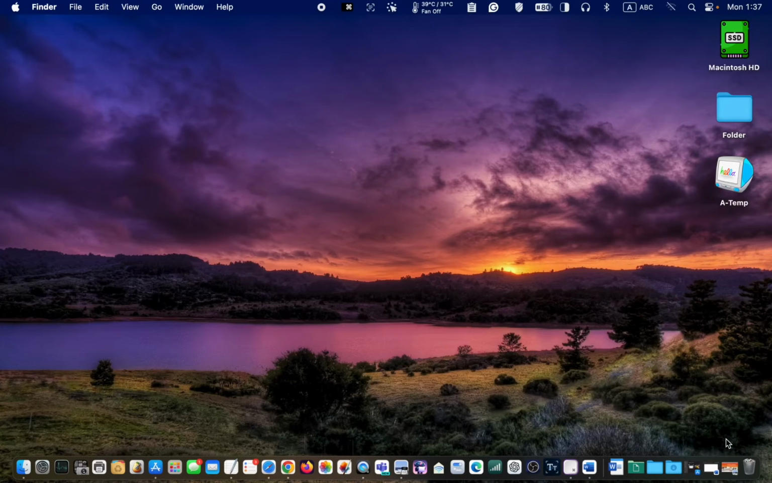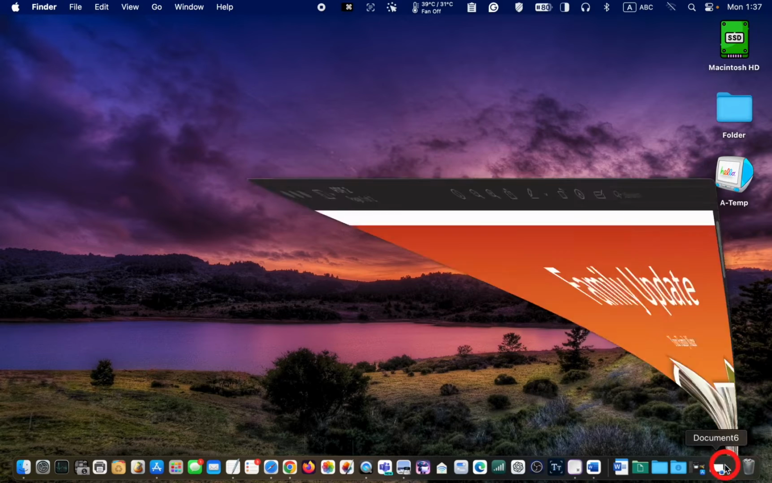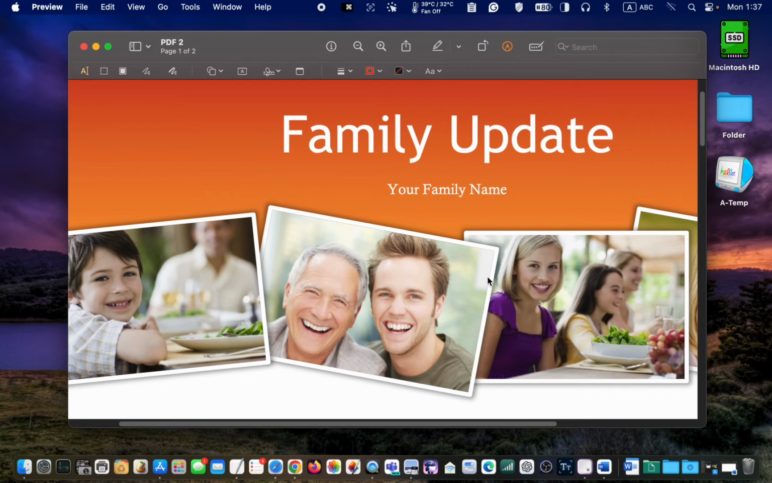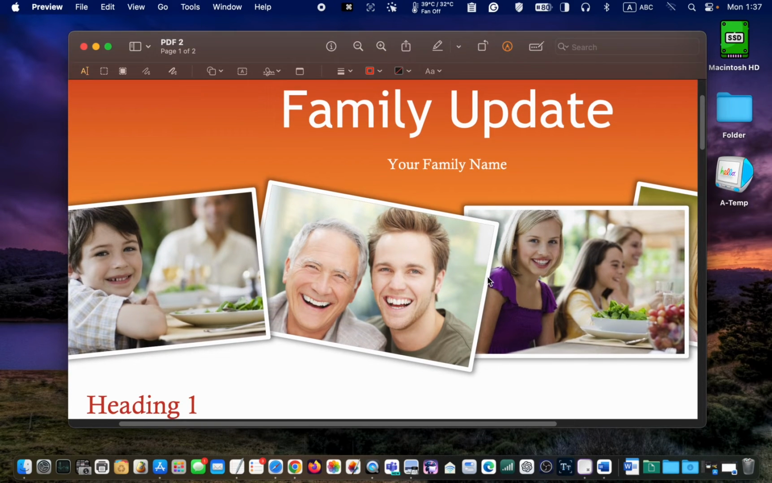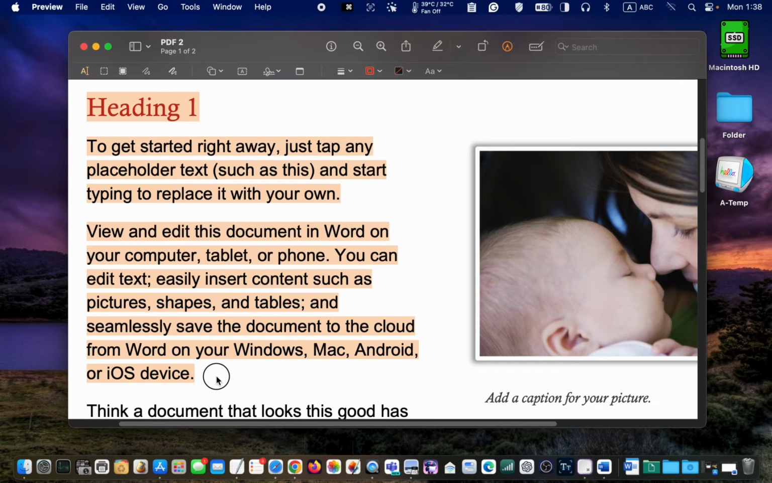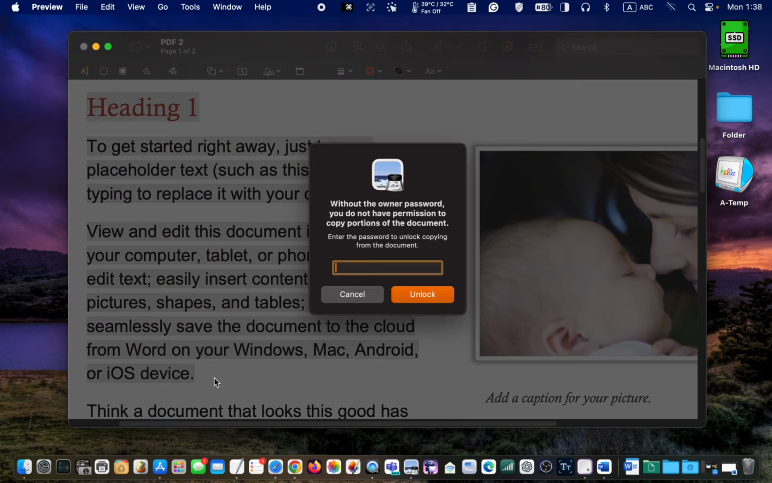Next, I open a PDF document using the Preview app. On macOS, you can copy text from a PDF using the Text Selection tool and drag it over the text you want to copy. However, if your PDF document is password protected and you can't remember the password, macOS won't allow you to copy the text. In that case, you can launch the TextShot app